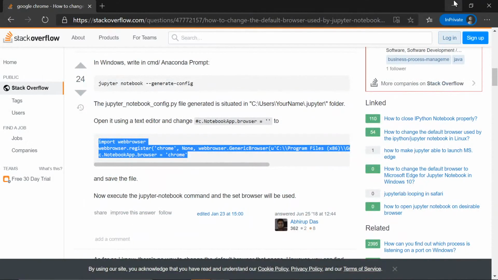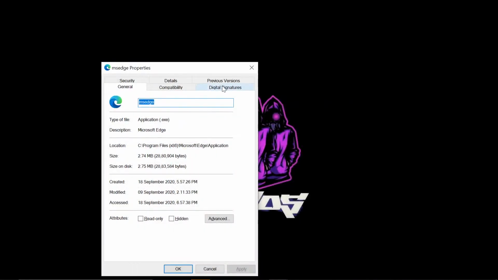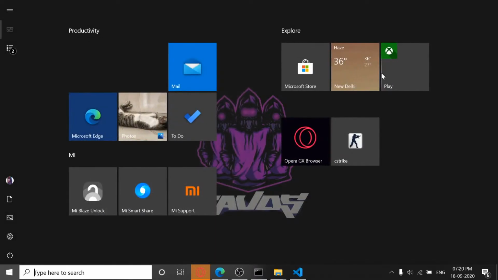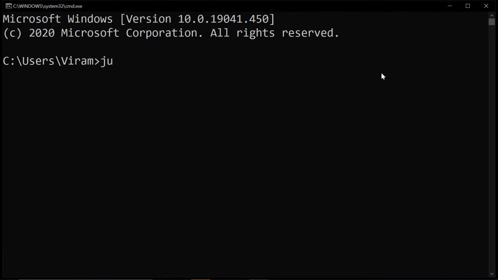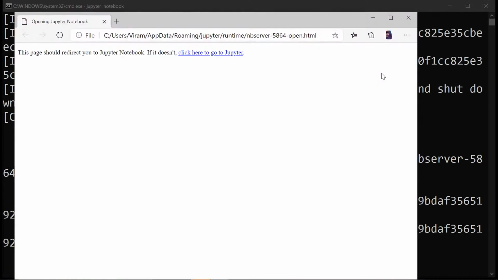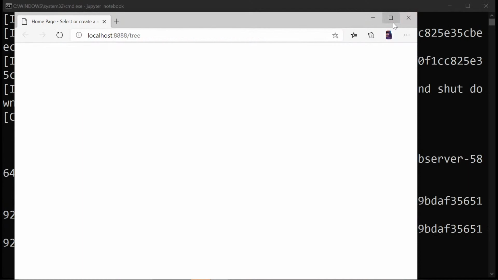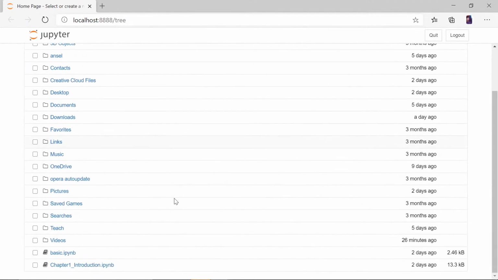Let's minimize all the things. Let's again try to open Jupyter and see if it opens in Edge. Yes, so that did happen for us.